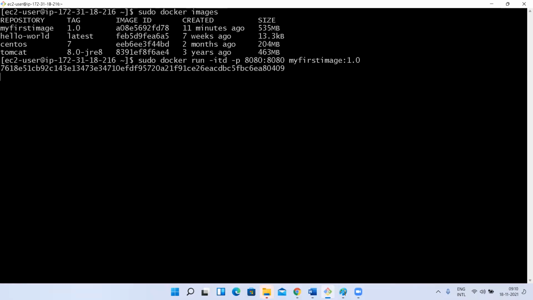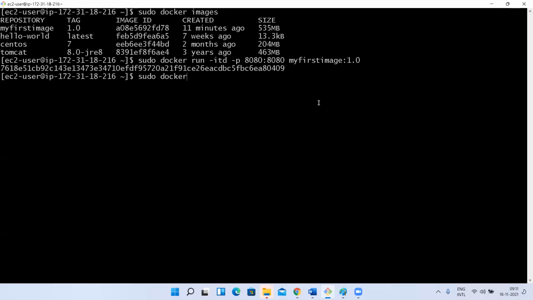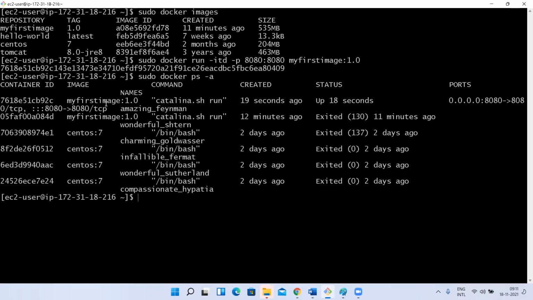Yes, sir. Okay. Now I'm going to create a container. Now tell me, while creating this container, what has been executed? Immediately after creating it, the CMD was there, right? The run .sh has been executed. See this? This container is running. Now if I see, it is showing TCP 8080 mapping to 8080, right? I have not given a custom container name, but you can see port number 8080 redirecting to 8080.